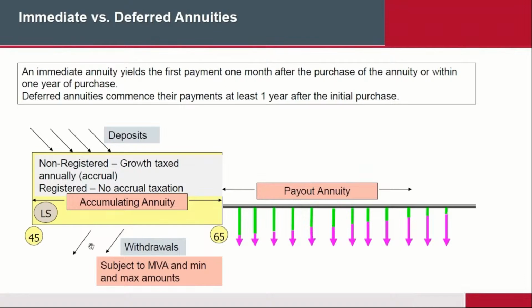If you decide before the maturity date, let's say on a deferred annuity, that you would like to cash out, in other words, I don't want to keep it to age 65 anymore, I want to cash out, you can certainly do so. However, that withdrawal could be subject to a substantial market value adjustment. Okay, in other words, a penalty, because you said to me that I can keep the money to 65. Now here you are, you're 50 years old, and you changed your mind.